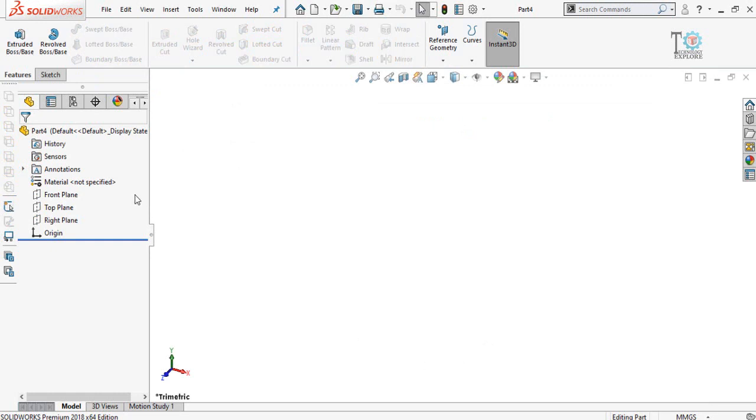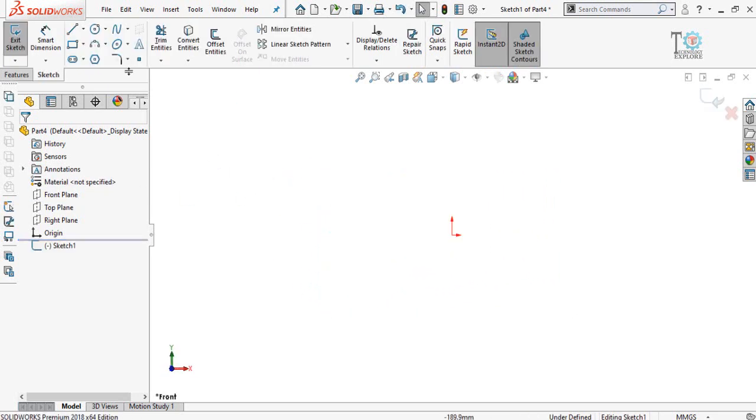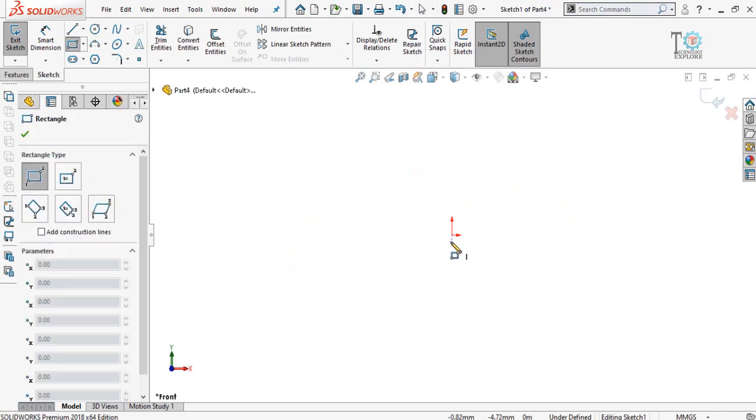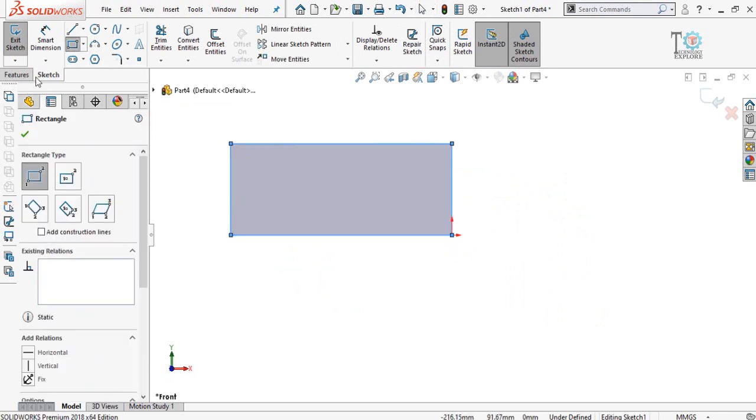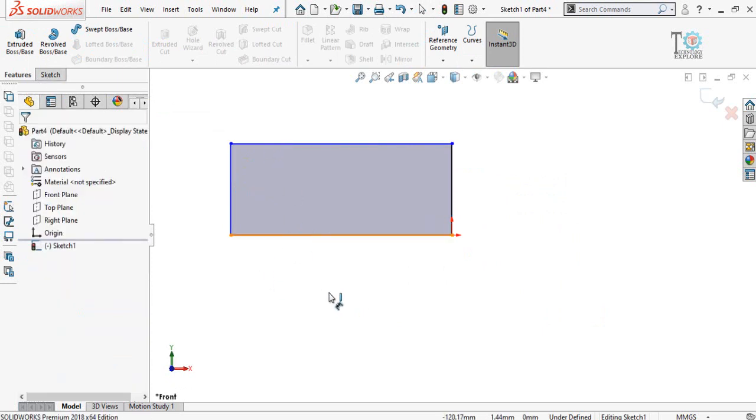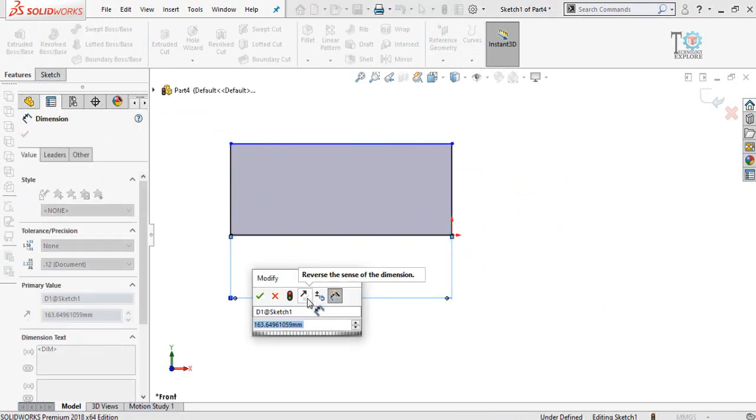So after starting from a new part in SolidWorks, let me build something. On the front plane, let's say a rectangle, and then define it. Basically this would be a very simple part for CNC machining.